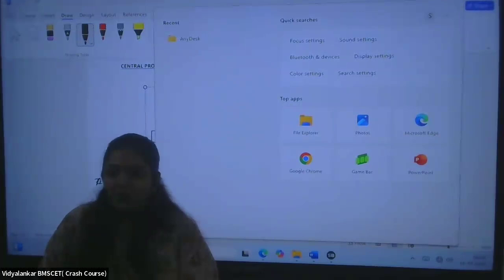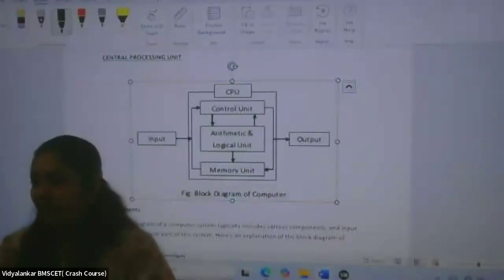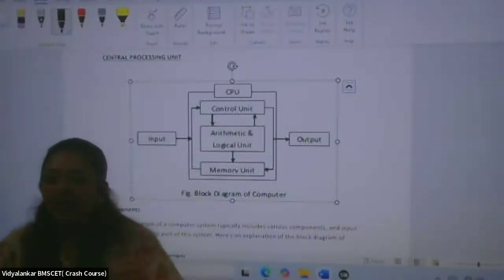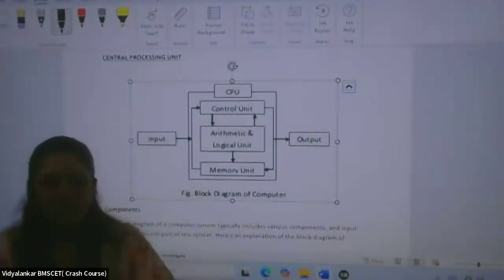If you see this diagram over here, your entire syllabus is divided into topics. You'll study about memory, then what a central processing unit, that is CPU, is. Then you'll study how the internal instructions are executed in the computer. I hope you all are fine with English. I'll switch to Hindi also if you want. The very first topic your syllabus has is CPU.